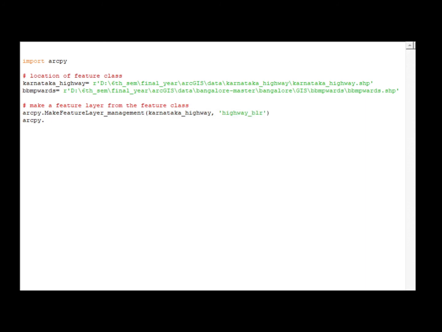Similarly, I need to make a layer for my BBMP class, and let me name this BBMP wards layer.